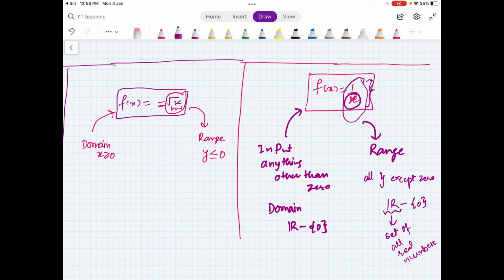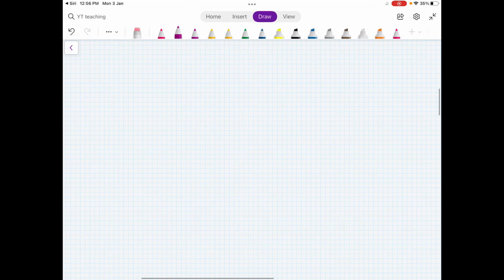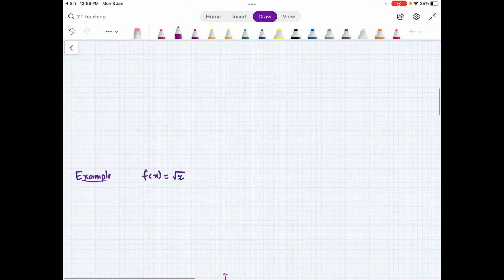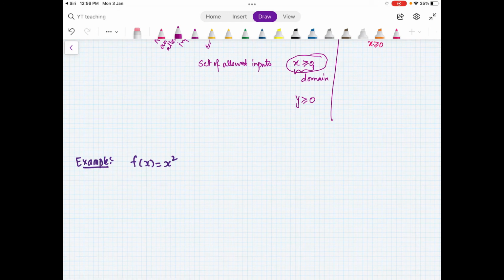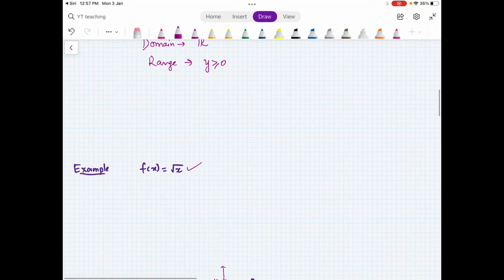Okay. Now I will be discussing some examples. I hope that you know the definition of domain and range. This we have already done. So just write down: domain here is the set of all real numbers. We know that for x square you can input any number, and range here is the set of all positive real numbers. Okay, this also we have already done. So domain here is the set of all real numbers, and range here is all positive real numbers.